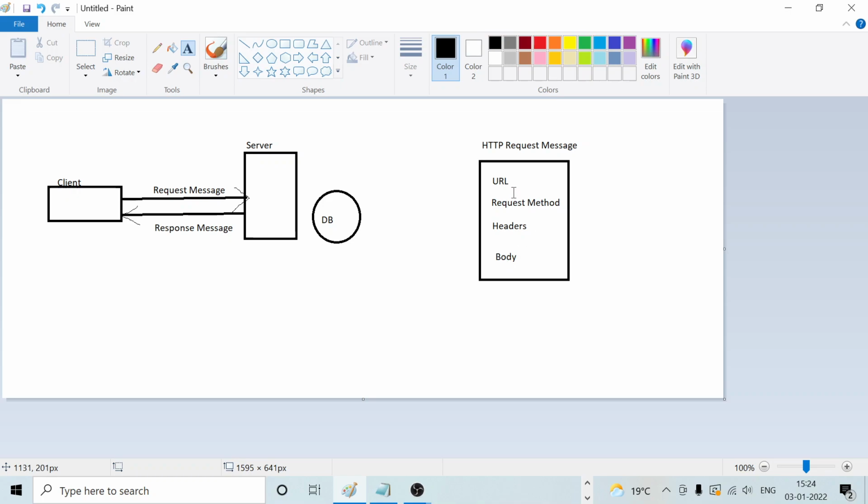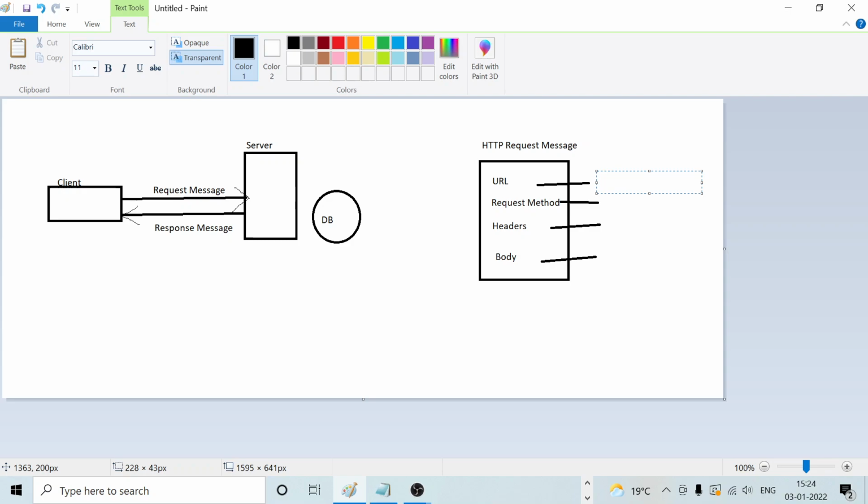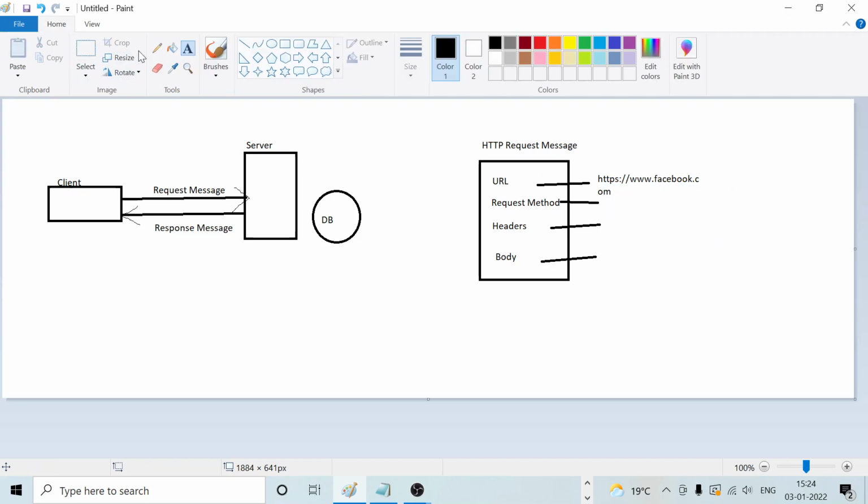So the HTTP request message contains this URL, request method, headers, and body. URL means, if you see, like you are writing something in the browser, this is https://www.facebook.com. This is one kind of URL that you are going to provide or deal with.